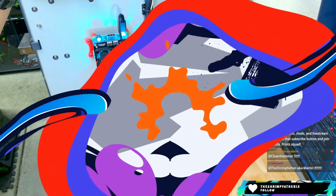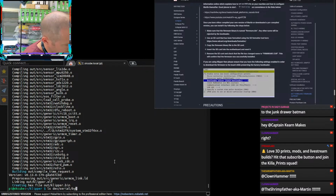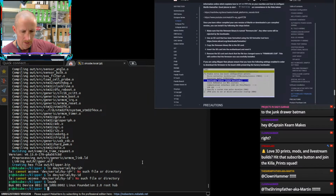Now let's see if we can get it back. Let's see. ls. Come on, baby. ls /dev/serial/by-id. Let's see what else. Add the Pi power back on, to make sure we are getting all of the Pi stuff as we need. Oh, did I put that in the wrong spot? I think I did. Let's do it this way. Nothing. If we do lsusb, nothing. Maybe I have just the wrong...